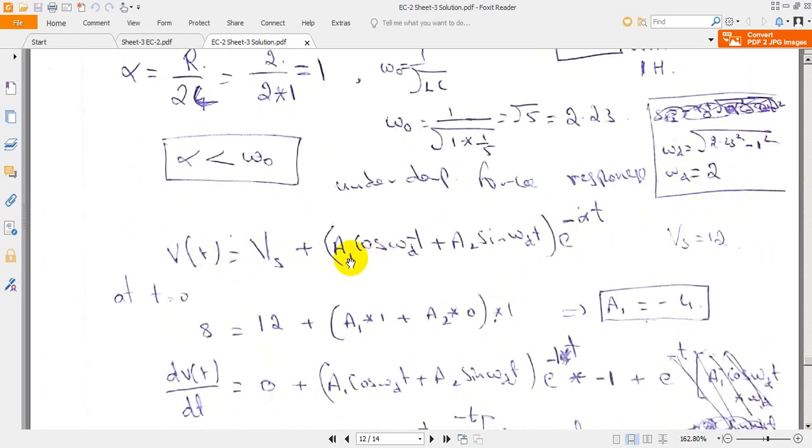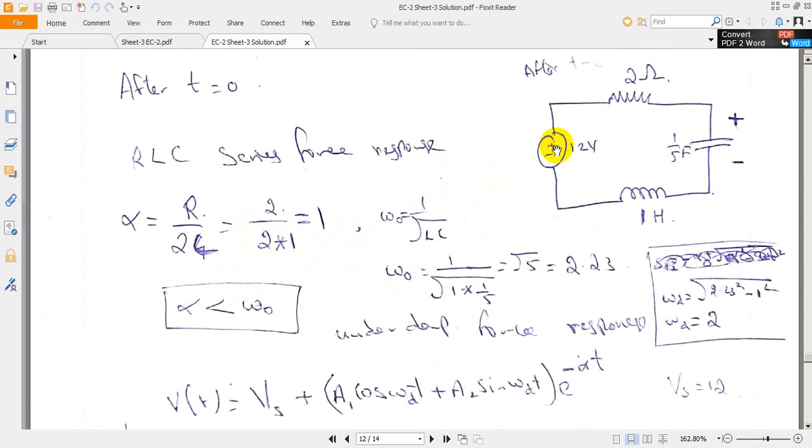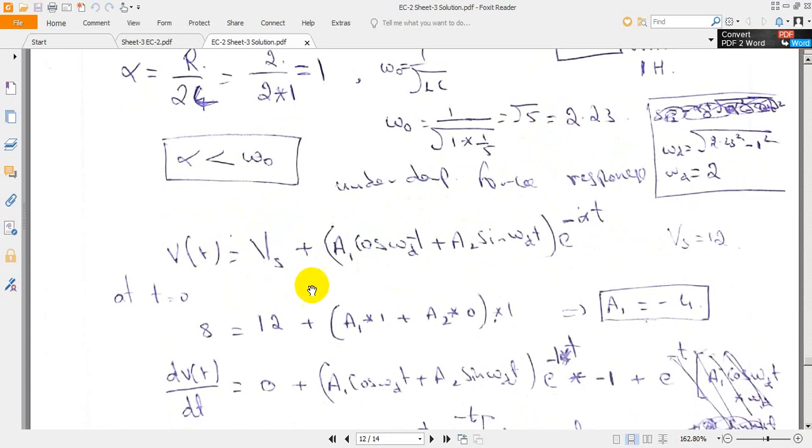For underdamped equation, for the free response, this is the expression. For forced response, whatever voltage is there, that voltage is added. It is the same expression till here. We are adding the forced response, which is available in the post switching condition. Add that voltage. At t is equal to 0, in this equation, substitute t is equal to 0. V of 0 across the capacitance is 8. Supply voltage after switching operation is 12 plus A1, whose value we don't know, we need to evaluate.